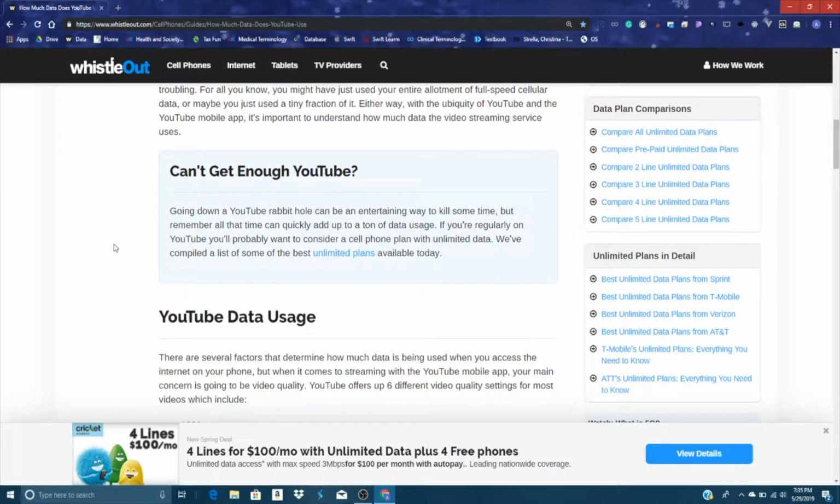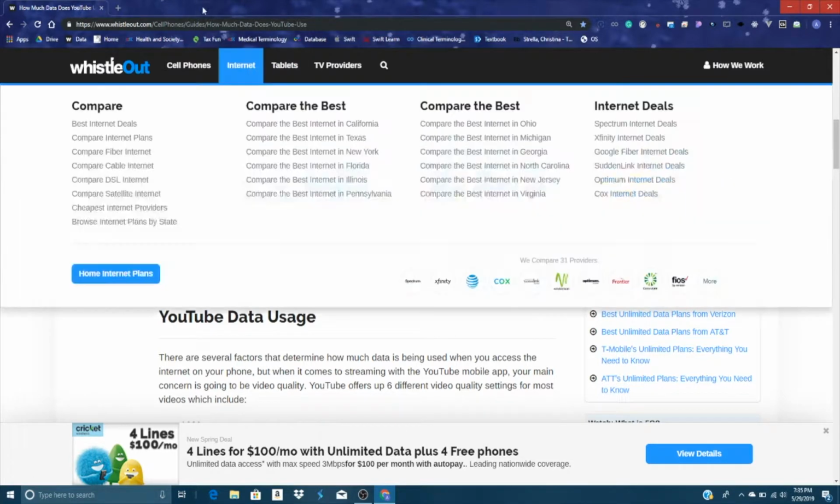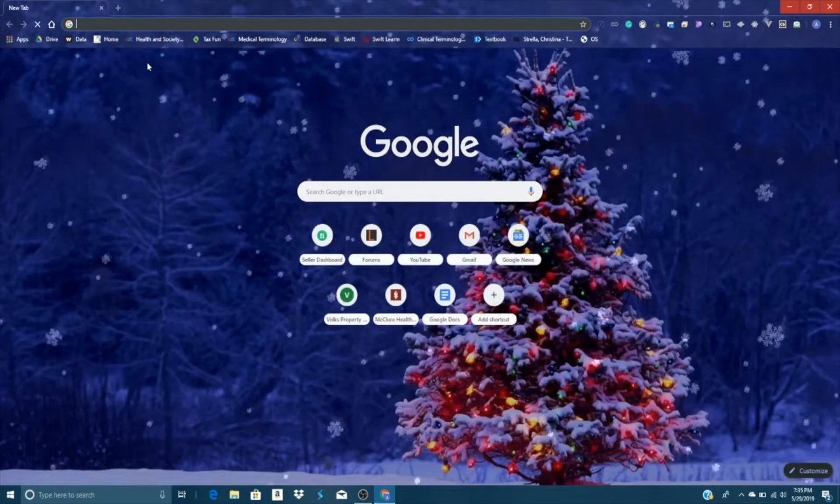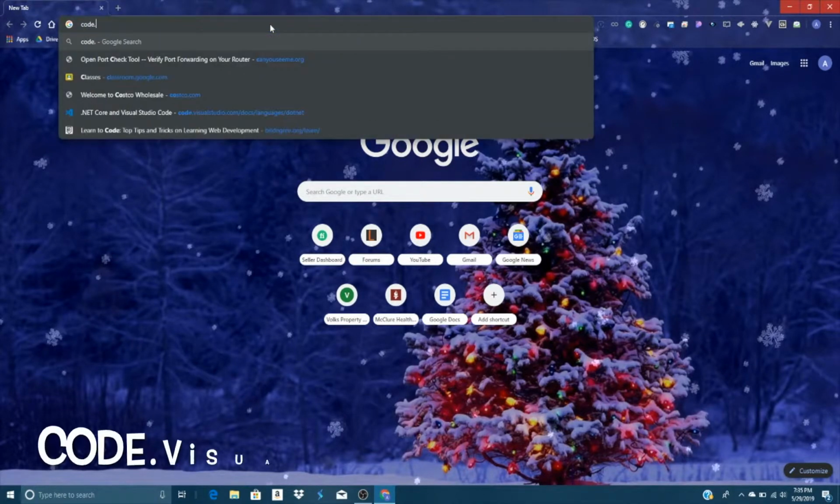Now, for this course, you will need a browser and a text editor. For a browser, I have Google Chrome, but you can choose your own. For our text editor, we will be using Visual Studio Code. You can get it from